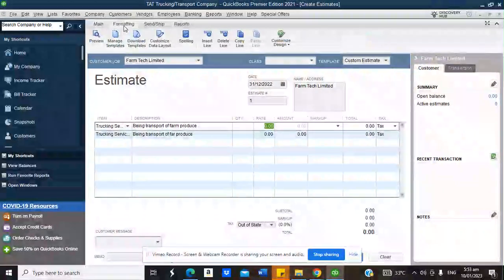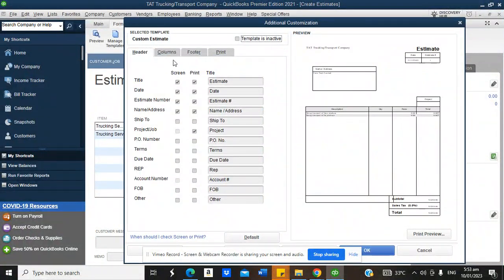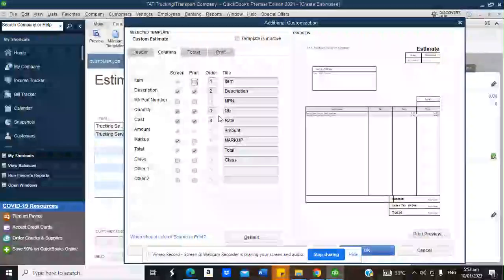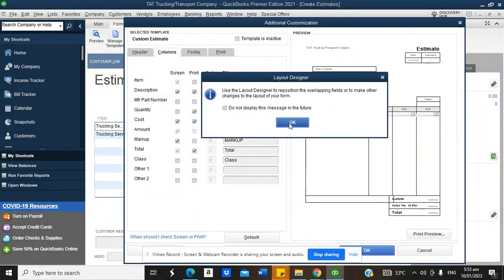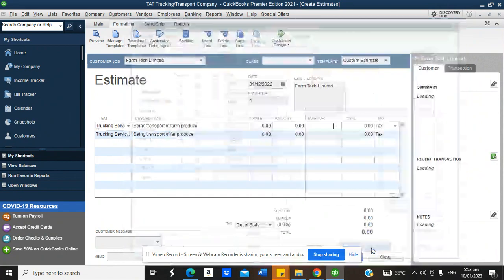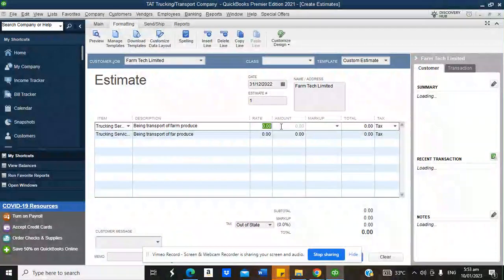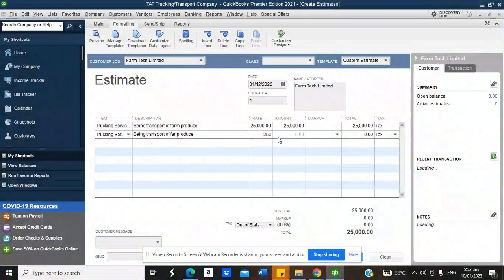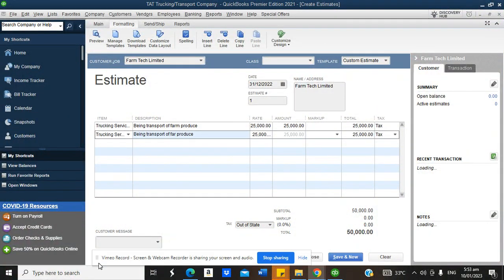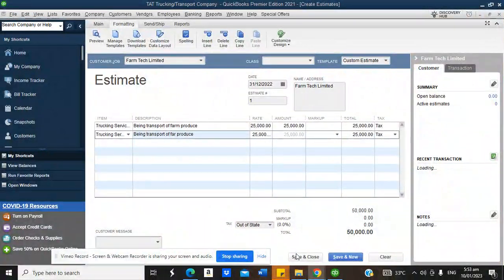If it's just a flat rate, you can as well come here, click on formatting, customize data layout, and then click on column, you can take out the quantity to state that you have a flat rate for your trucking service. You can see here, and then you input this as 25,000. So we have this. Okay, so this is just a quotation that we are preparing, and then you click on